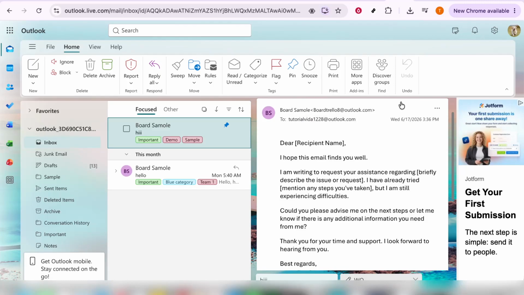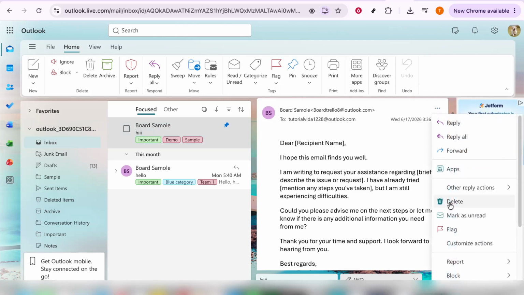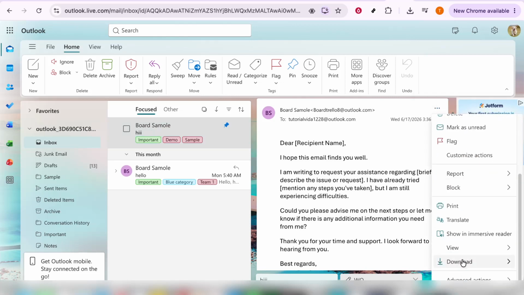To begin, open Outlook and go to the email you want to export. Make sure you select the exact message you want to save before moving on. This is important because the download option applies to the email you currently have open. Once you click into it, the full message should appear on your screen so you can review it and confirm